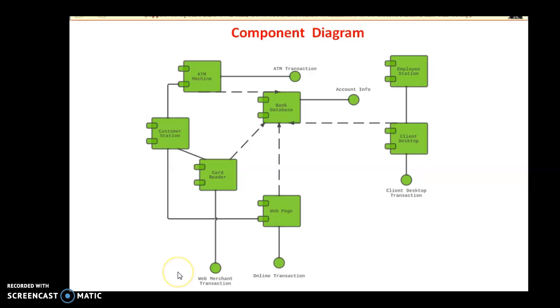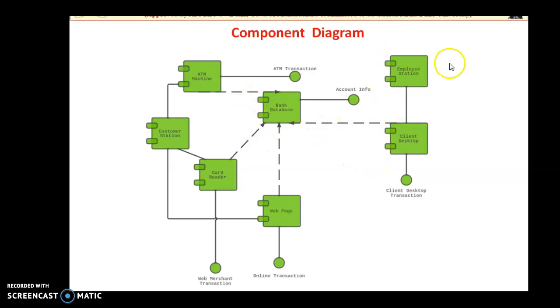So in this session we have seen the component diagram and the package diagram. I hope you have understood. A few sessions before, I gave you some links to draw diagrams online. The software eDraw is also available, so you can go and draw the diagrams.